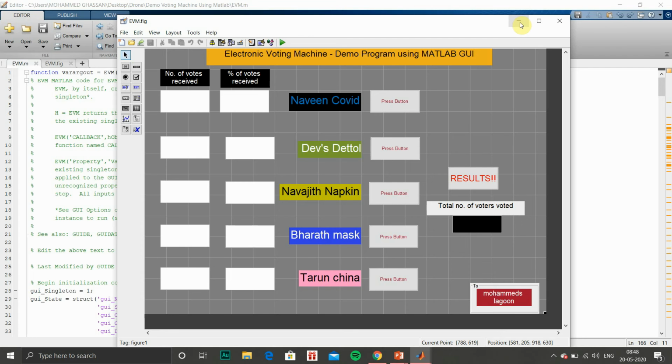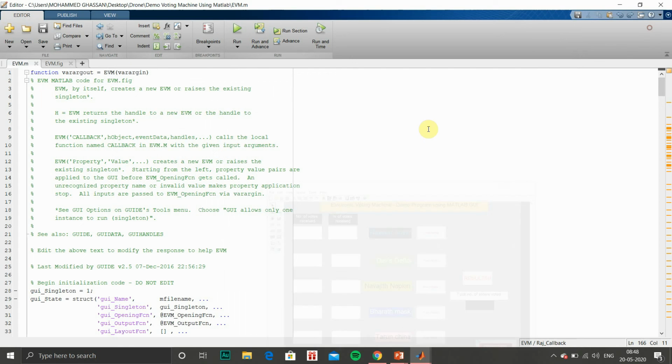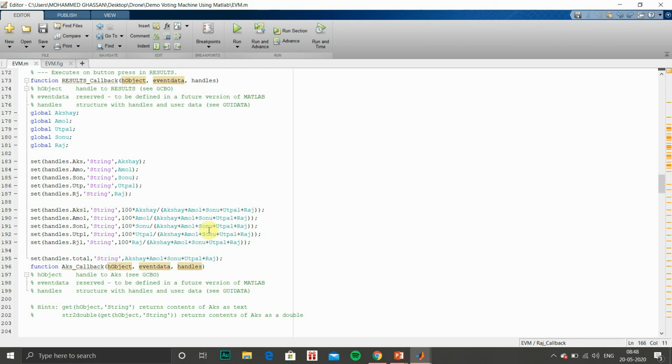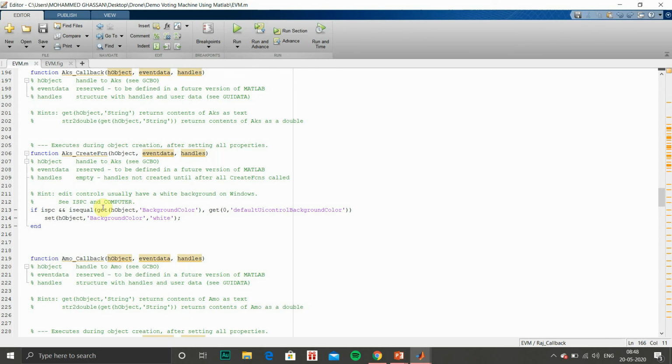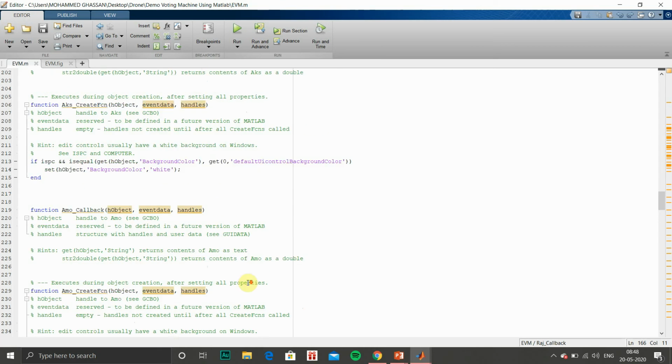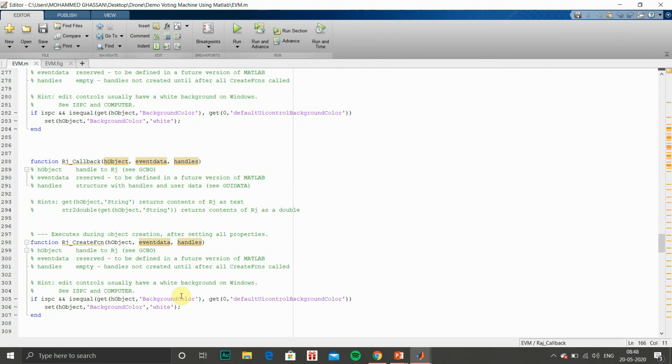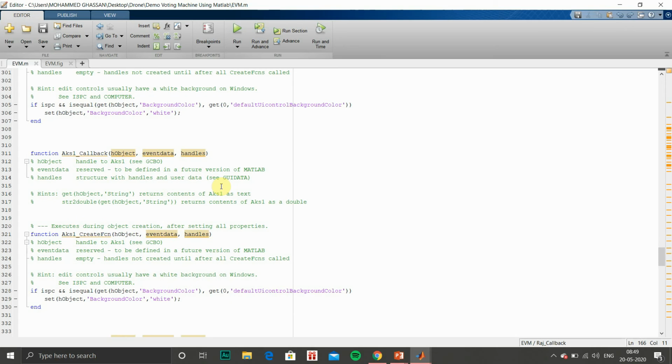This is a simple demo project I have done. So I will show you the functions. So my functions are there. See, these functions are just single lines. Just we have to give whatever object we have created and just get the default background color, whatever they have done. And don't worry about what is available.